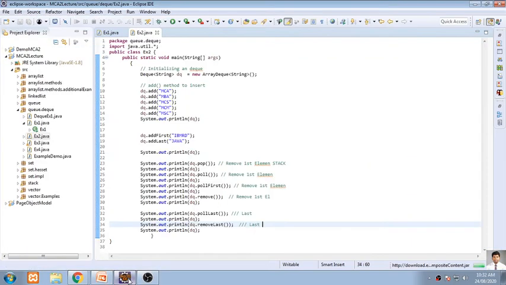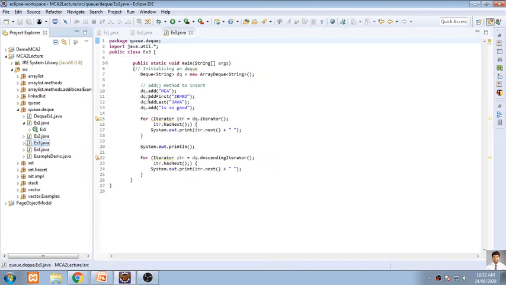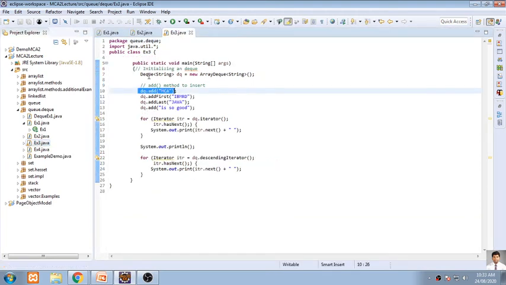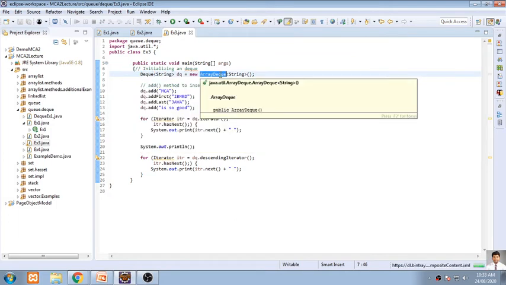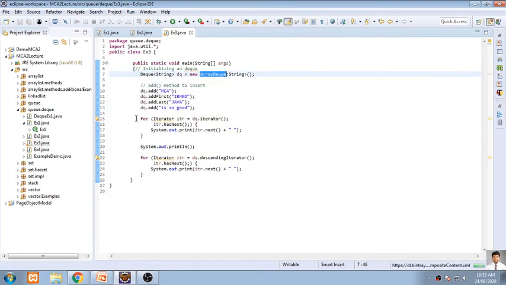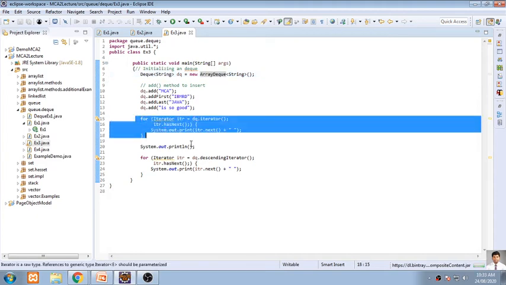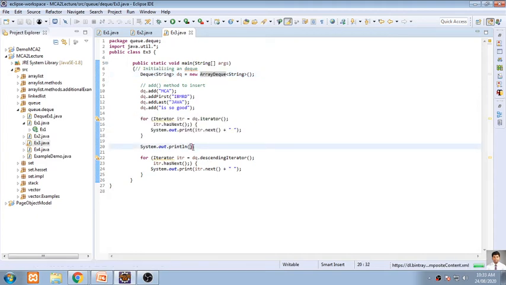So we'll go for the same example here. Third example: we have a list like this, which we have created using Deque as an interface and ArrayDeque as the class. This function will be displaying all the elements in ascending order, so I'll specify it as ascending.